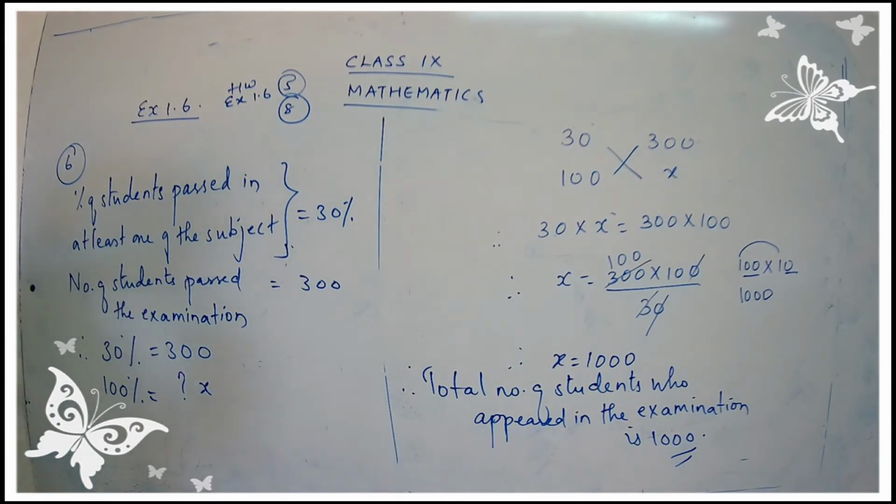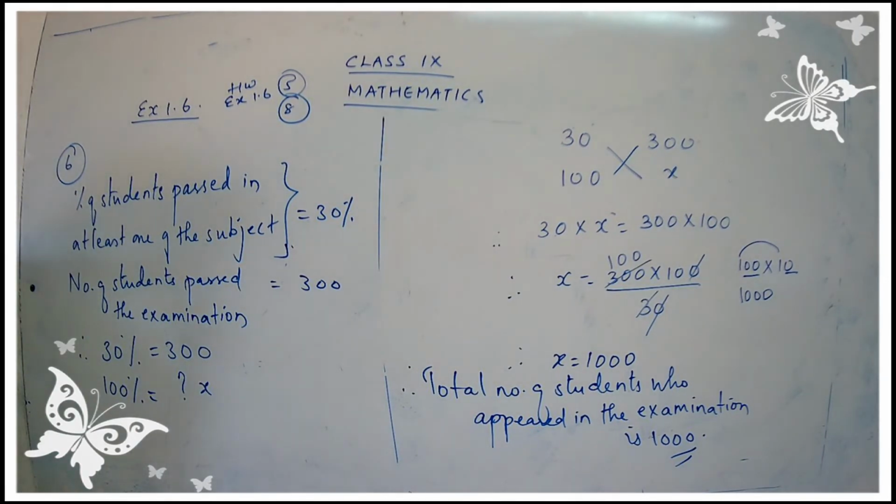Okay. Given that n of A is equal to n of B. So they have given you a condition that n of A, the number of elements in A, is equal to the number of elements in B. Calculate the value of x. So what you have to do? You have to find out the unknown value. What is the unknown value? It is x. So you have to find out the value for x. I hope you are ready with the question, children. Shall we proceed for the answer?